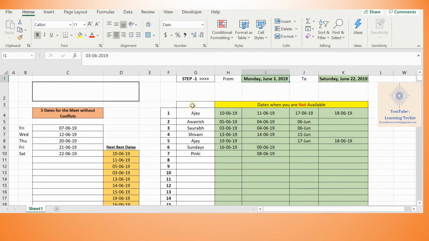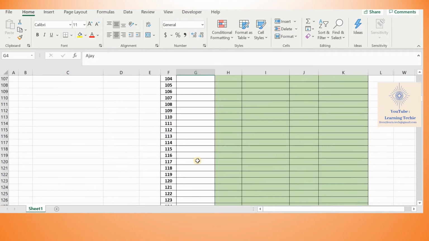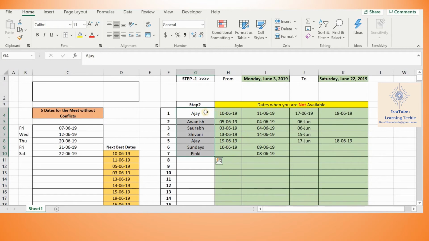The second step is this, where you simply type the names of the people who have to come for the event. In this case, there are only 7 names, but there is no limit. You can have 150 such names. So till 150 people you can do this. Now let's say these 7 people have been invited. Actually, I have written this name twice because of the unavailability of this person.